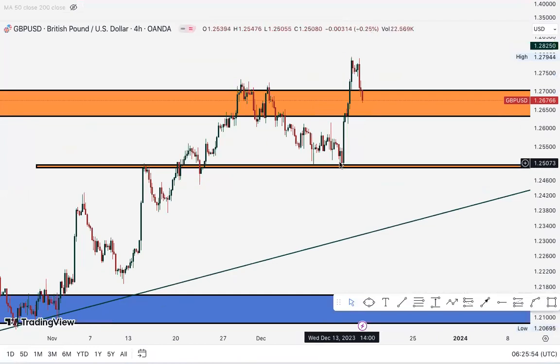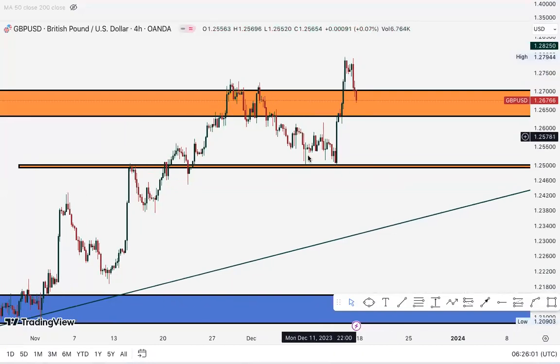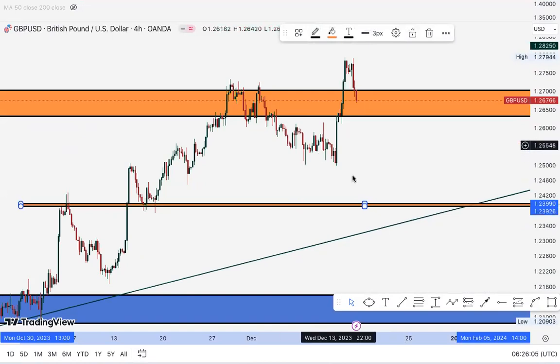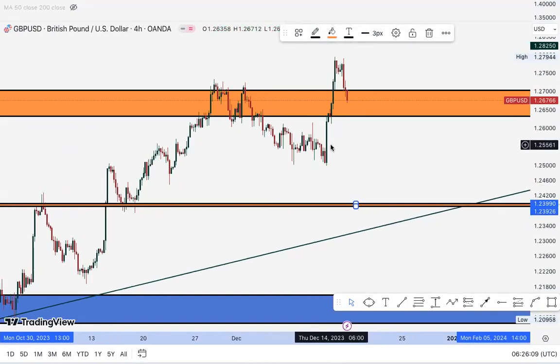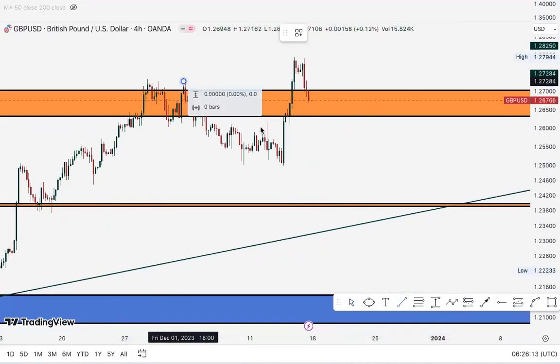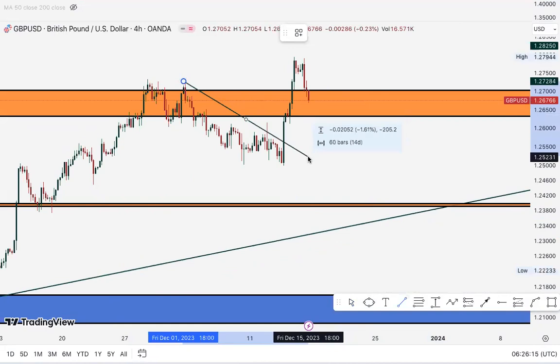All right, so this actually got, and also CPI, so this actually got activated, and then it rallied to the upside. I missed this trade though, because I was banking on the pair dropping all the way to this point. Now this would have made me a whole lot more money than actually coming in here, and there was no clear